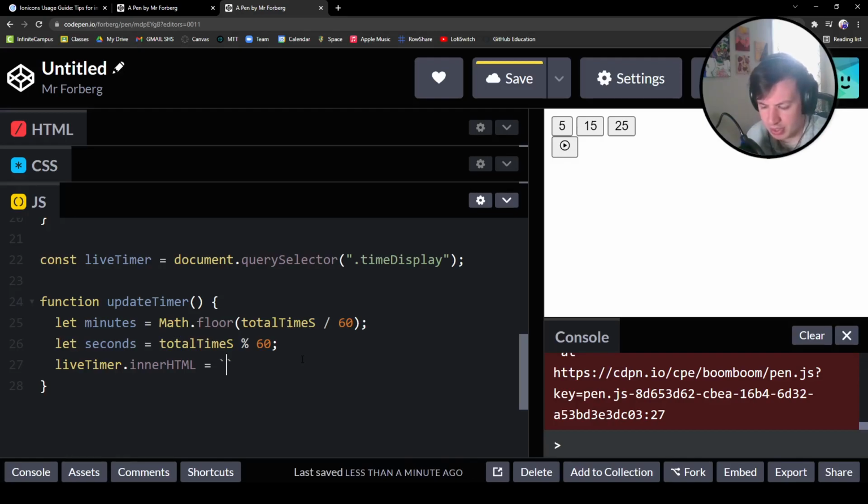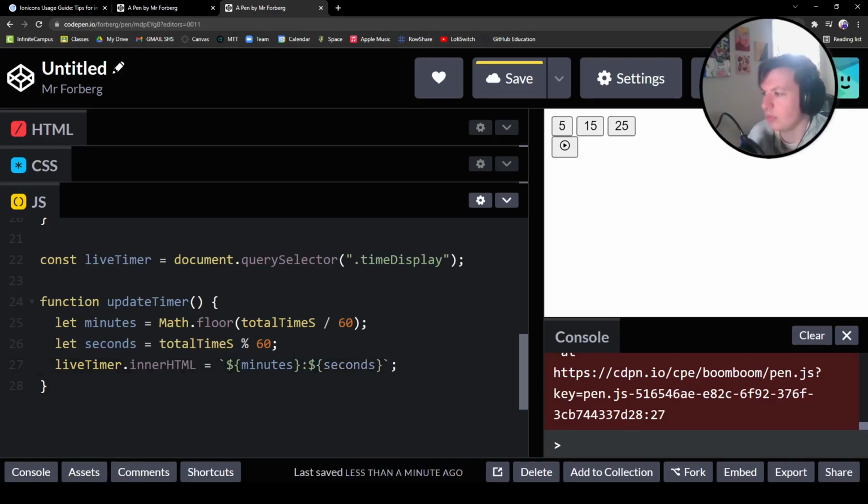So inside of this statement, I'm going to use my backticks, and I'm going to set in a variable. We're going to throw in minutes over here. So minutes, and then we're going to do colon, and we're going to do another placeholder $, open, close brackets,